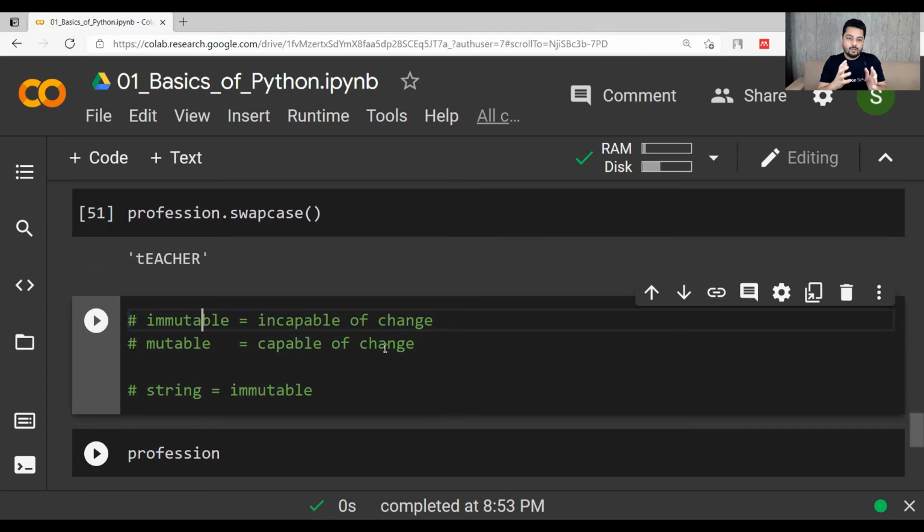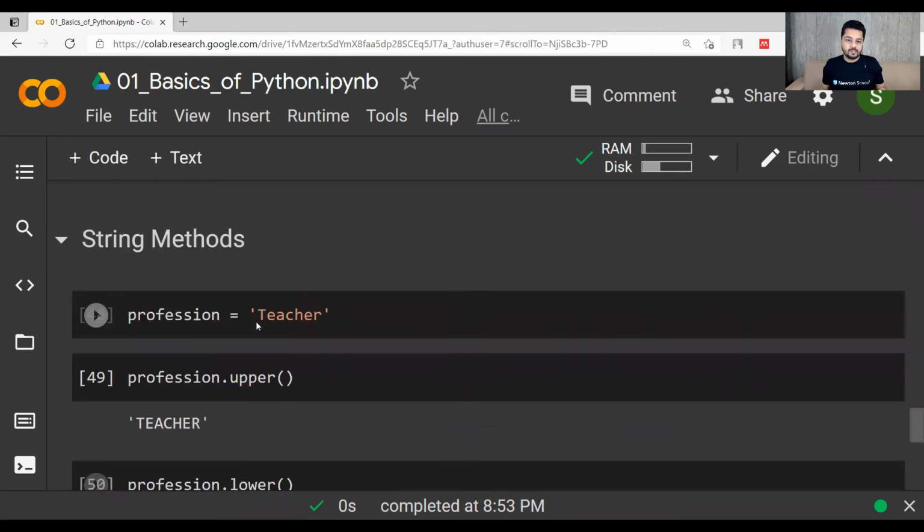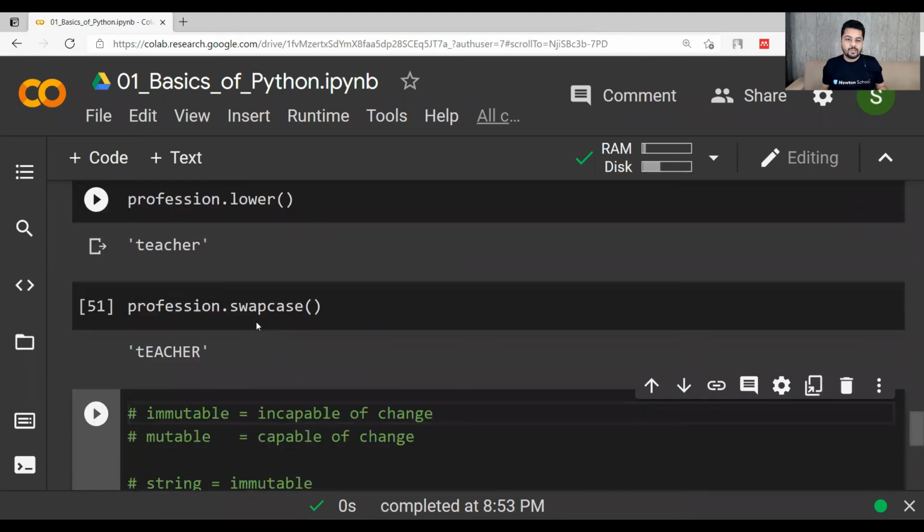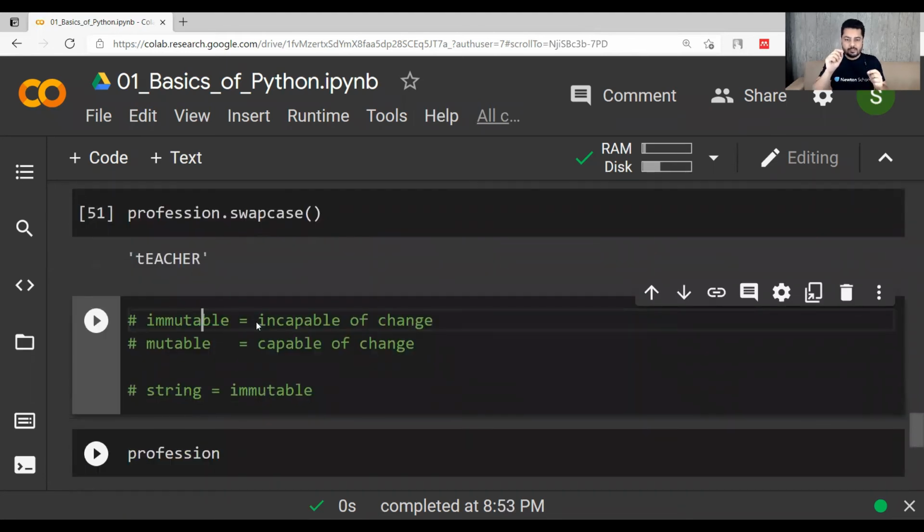Strings cannot be changed. Immutable is the word. That string is immutable. Why? Because it is incapable of change. You can make a copy of it, but you cannot change the original string. When I say that you cannot change the string, it means that using these string methods, dot upper, dot lower, dot swap case, you cannot change it.